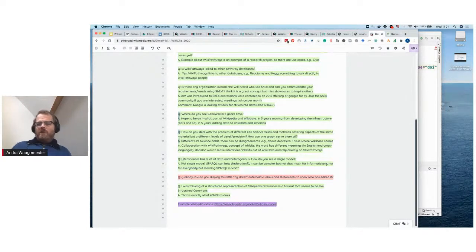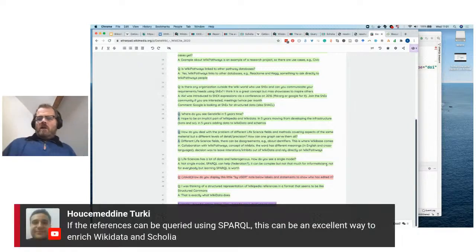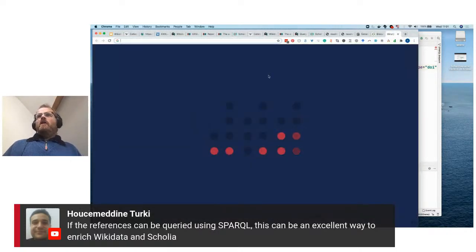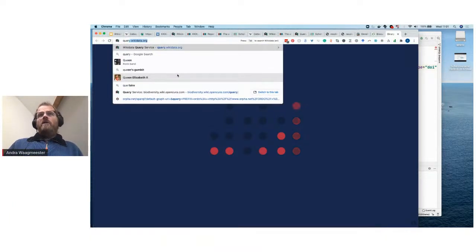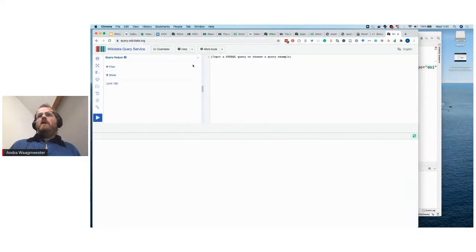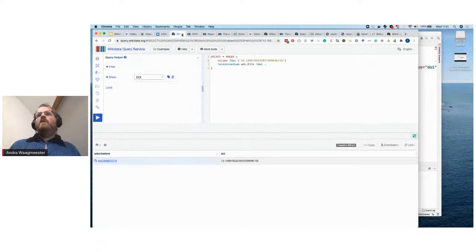Yes, the references can be queried using SPARQL. Sorry, I didn't see the questions on it. If the references can be queried using SPARQL, this can be an excellent way to enrich Wikidata and Scholia. Yes, maybe I should spend some time on demonstrating that, because it touches on a duplicate way of modeling Wikidata items. So let's go there to query Wikidata items, and I will take the Wikidata items that we